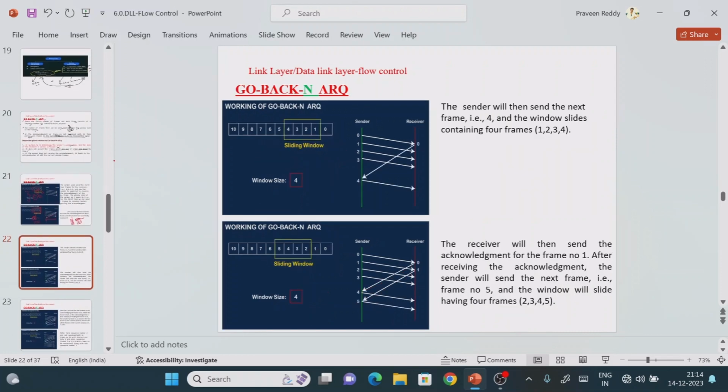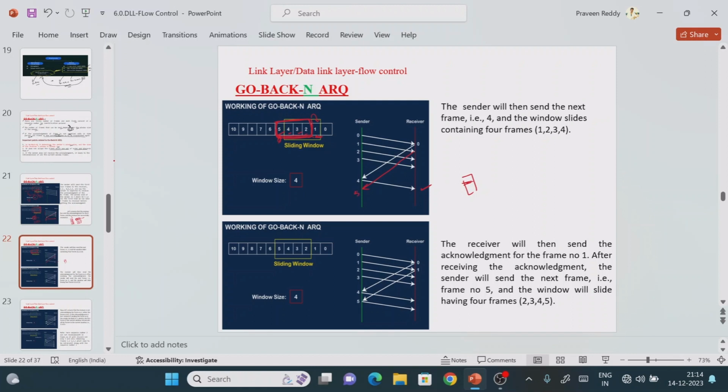Now see in this next diagram, you will understand. Now the window has moved to 4, because frame number 4 is transmitted. Now I am going to get one more acknowledgement, for 1. One more acknowledgement for 1 means we can fill one more frame, right? Now which frame is expected to be sent? 4 is completed, so the next frame is the 5th one. Now I see the window moving towards the left direction. So 1 is already completed, right? Now the window size will always be 4, but this time it will start from 5, 4, 3, 2, right?